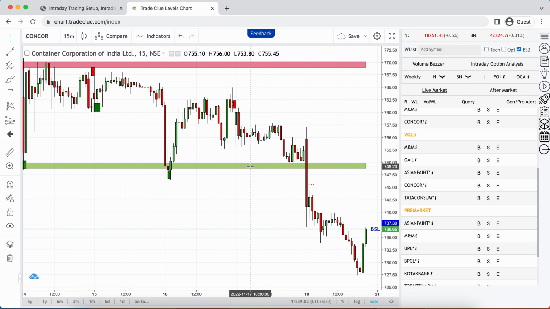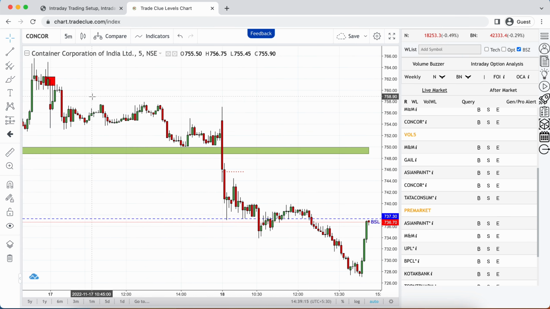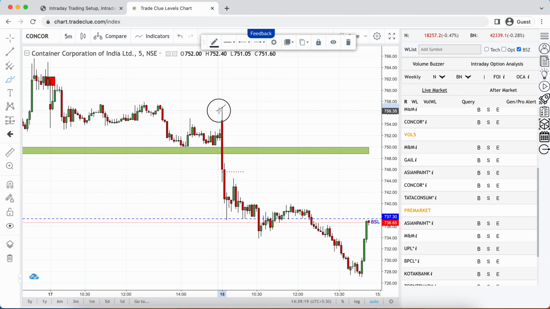Now most importantly, when the green band is being plotted over here, what we have to understand is how to execute Concor. When you see the chart on 5 minutes, it becomes fairly easy to see how to trade Concor. Right in the morning we can see a sharp red candle coming in, breaking the green band, and then the price starts going down, but it starts coming up, and then you see dotted lines,